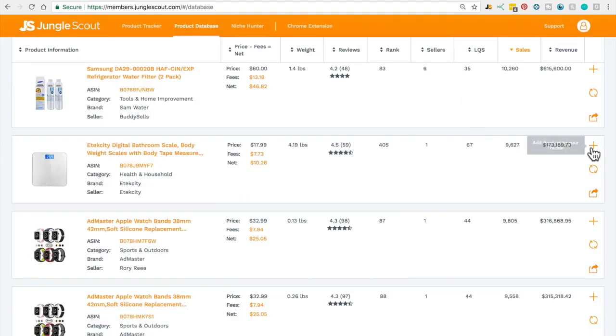On the right-hand side, you've got the ability to add any listing of interest to the product tracker. We update all the sales estimates regularly, but if you want to know it down to the minute, then click Refresh Product Data. And that is the product